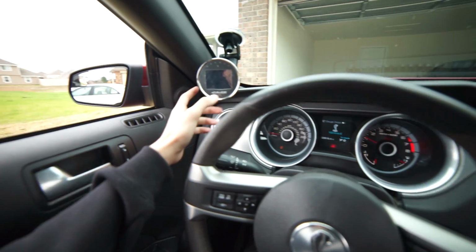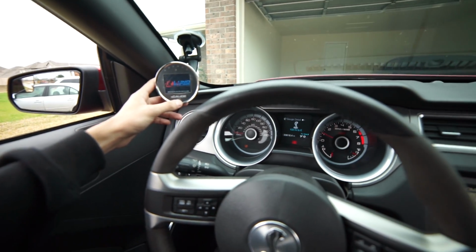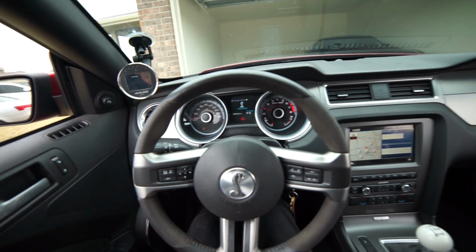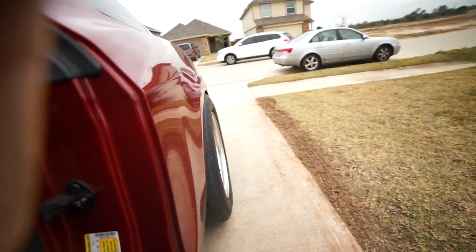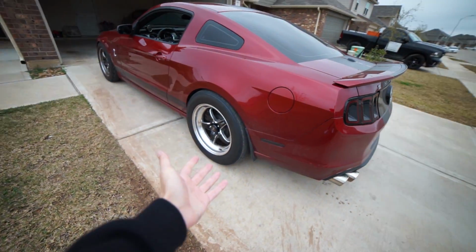It's because I found an amazing deal on these Extremes and I just jumped right on it. Oh yeah, and also I got polished tips because I really like the polished look instead. I know most of you probably wanted me to get black tips, but I feel like polished tips match my welds, and I got a good scheme going on, I guess, because black would just pop out. First off, polished tips are gonna match the welds,